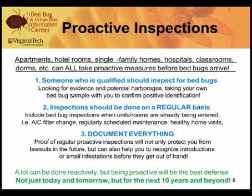First, someone who's qualified should inspect rooms and areas for bedbugs, even if no bedbugs have been reported there. This is something that each of you with your bedbug reference sample would be able to do. You can look for live bedbugs, their evidence, and also look for potential harborages, such as clutter near sleeping or lounging areas, or in an area where new items or personal belongings are often placed, such as waiting areas or